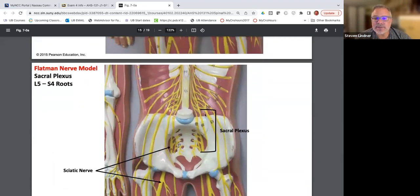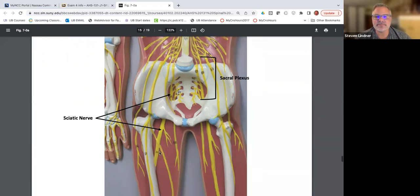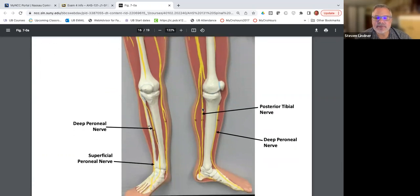Those are all strong adductors of the thigh. A little bit lower is the sacral plexus, and the most important nerve off the sacral plexus is the largest, thickest nerve of the body, called the sciatic nerve. It looks like it's number 71, sciatic nerve. This is still sciatic nerve, and the sciatic nerve splits when you get to the knee. And the two big nerves that it splits into are called the,